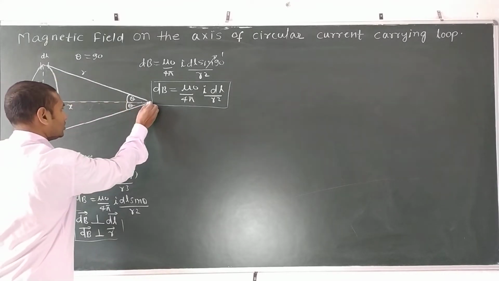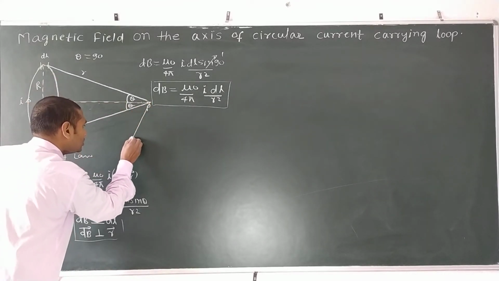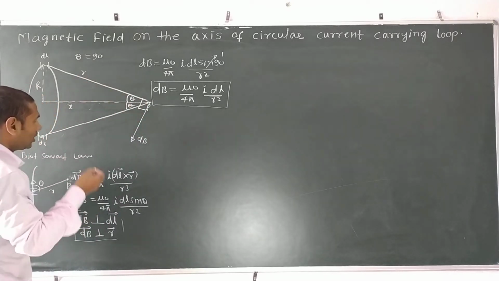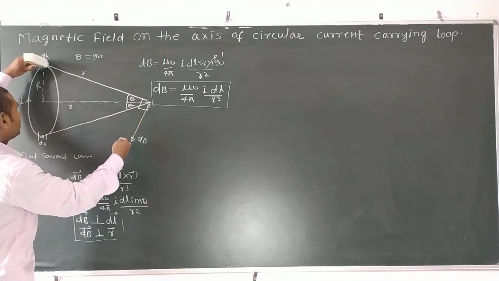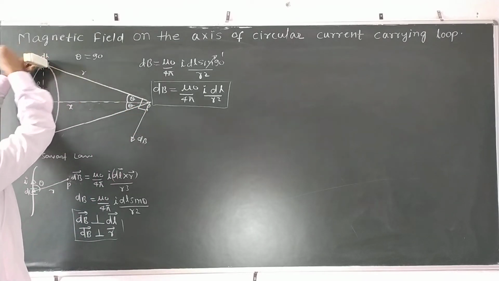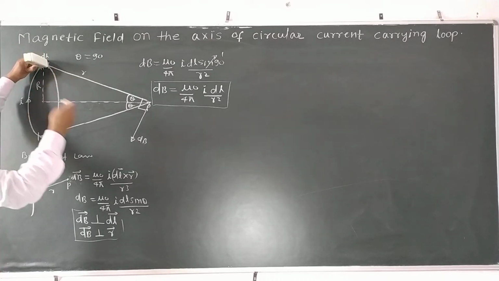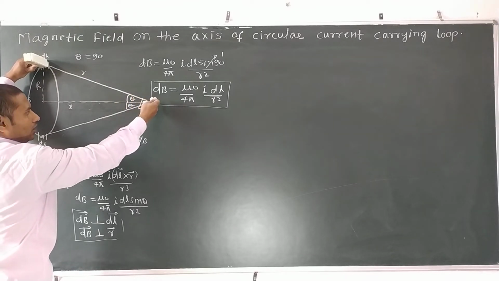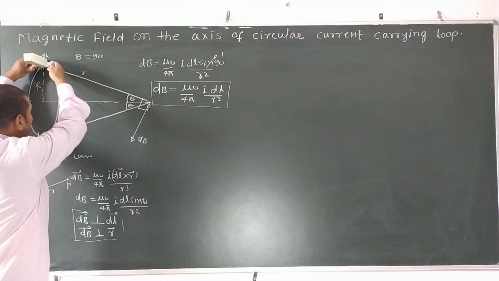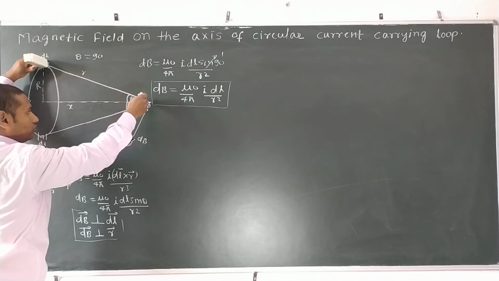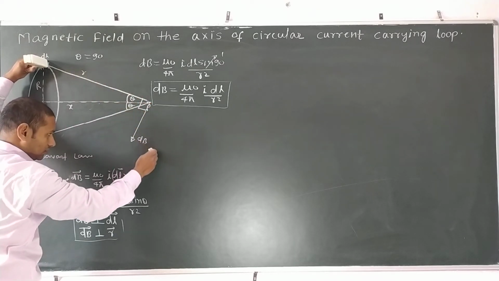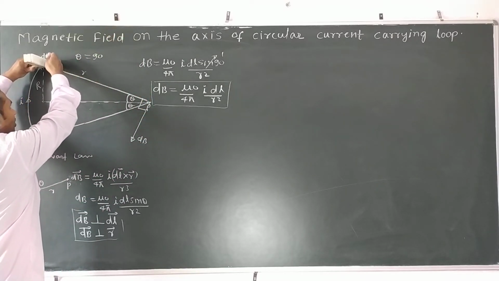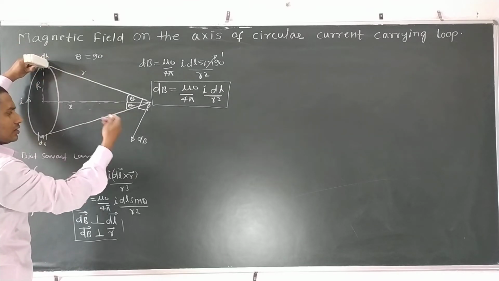So this one r, then we take the dB in that direction. This one is the direction of dB. We see here the dB is perpendicular to r, as well as this dB is also perpendicular to this dl, that is outward. In such a way, suppose this one dl, then dB is also perpendicular to this dl as well as this r. So we see that the dB is on upward, perpendicular to dl as well as the r.